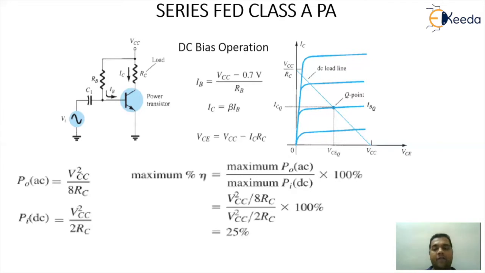Apart from that, we have to ensure that when you connect the input signal, the VCC supply is in the on state. So because of this, the output will be in the form of AC, and the power that will be consumed will be in the form of DC. That's the reason whenever you talk about the performance parameter as efficiency, it is always a ratio of output AC power by input DC power.